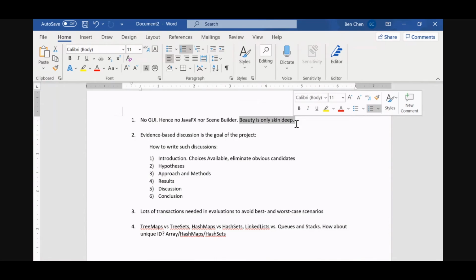Specifically, I said it is evidence-based. Remember that? That's why I said you have to generate the data to test your data structure, test your ideas, right? So that's the goal. It's not how beautiful it looks. It doesn't matter what kind of GUI. I said no GUI is needed. You don't even need